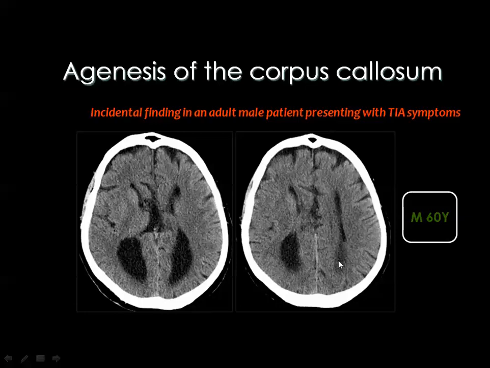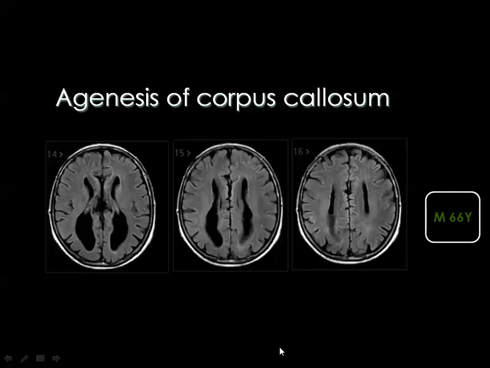The ventricles have no frontal horn, no occipital horn, no body. The configuration of the lateral ventricles is usually obtained by the presence of the corpus callosum. Then you see straight lateral ventricles that are separated away from the midline because of the absence of the corpus